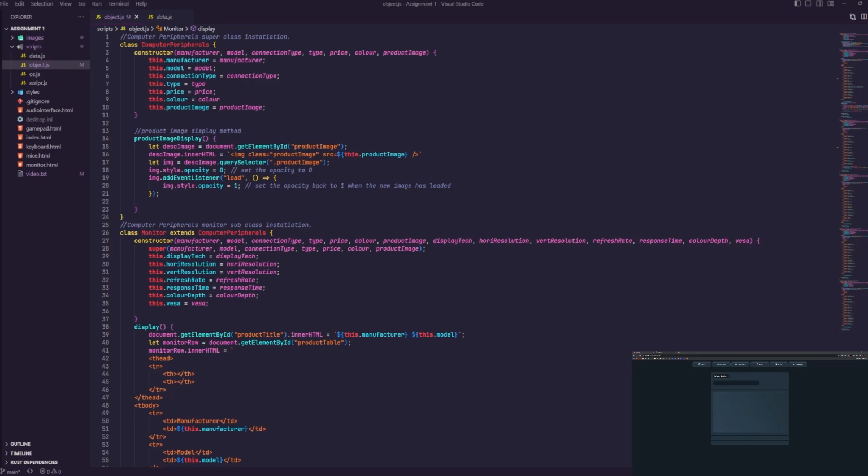So finally then we're going to go into the superclass and subclass, the data for those and how they're displayed. So firstly, we instance our computer peripherals superclass. It has its constructors. It has its own product image display method. This method is used throughout the rest of the subclasses, so it can just be inherited from that,